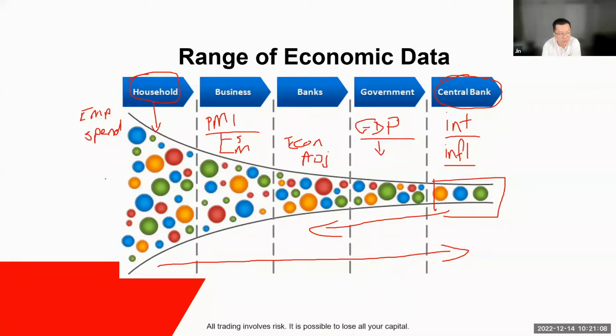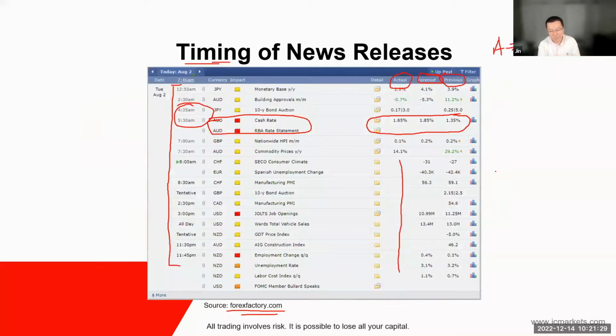If they're increasing interest rates, we could see consumer spending drop as well. So there are inflation numbers climbing high. We can see that PMI numbers or economic projection levels might be heading down. So there's a bigger impact on central bank data compared to household. All right, so coming back to the timing of the news release and the economic calendar here, when we look